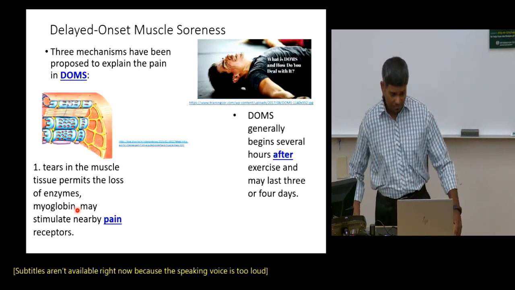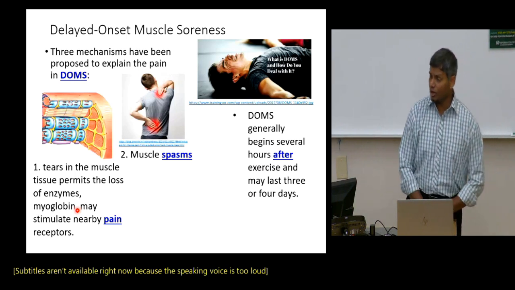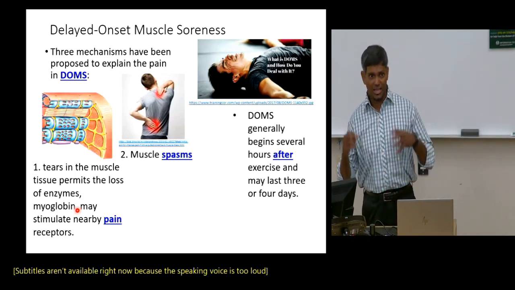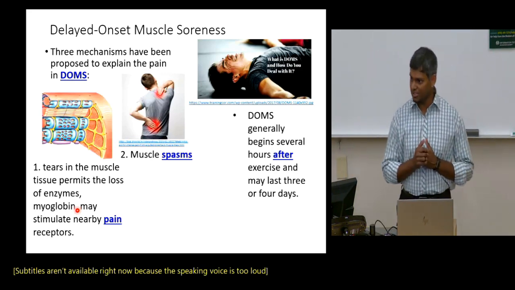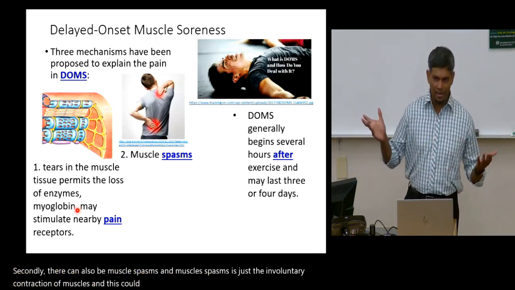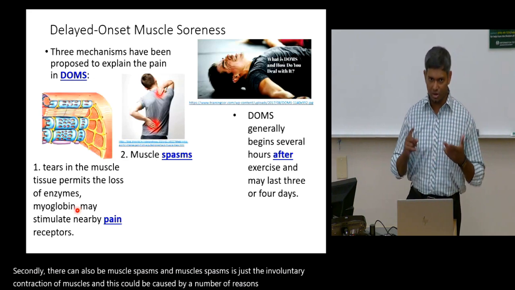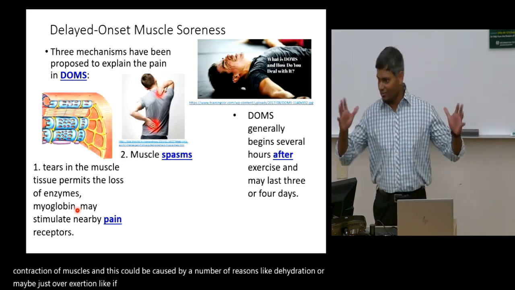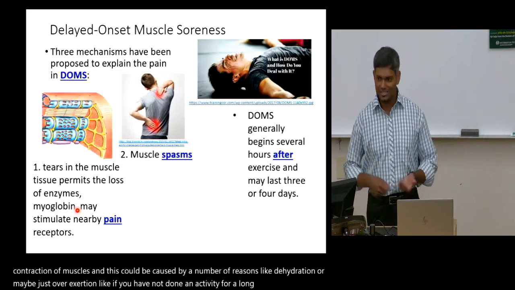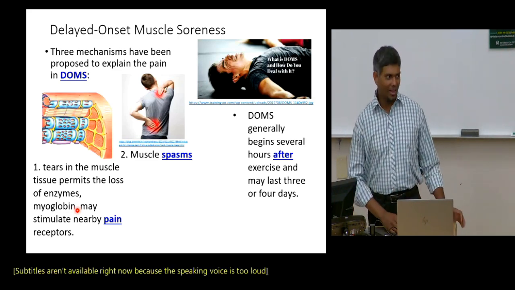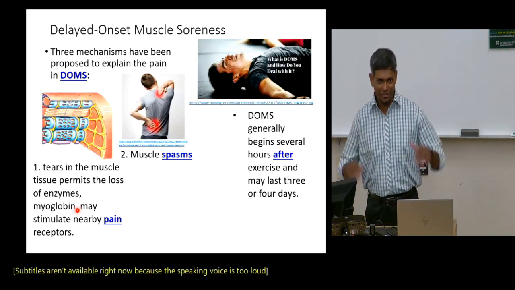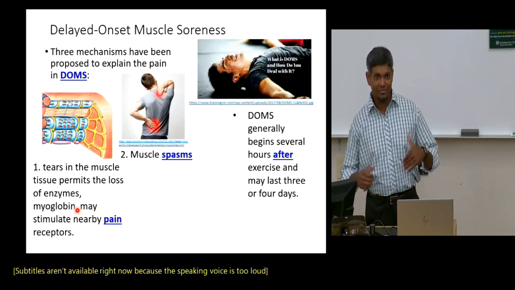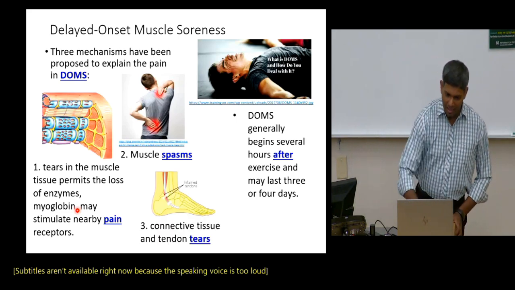Secondly, there can also be muscle spasms, and muscle spasm is just the involuntary contraction of muscles, and this could be caused by a number of reasons, like dehydration or maybe just overexertion. Like if you've not done an activity for a long time, such as say shoveling the snow, and then you shovel snow for the first snowfall, you might feel increased soreness, right, because of increased exertion. Thirdly,